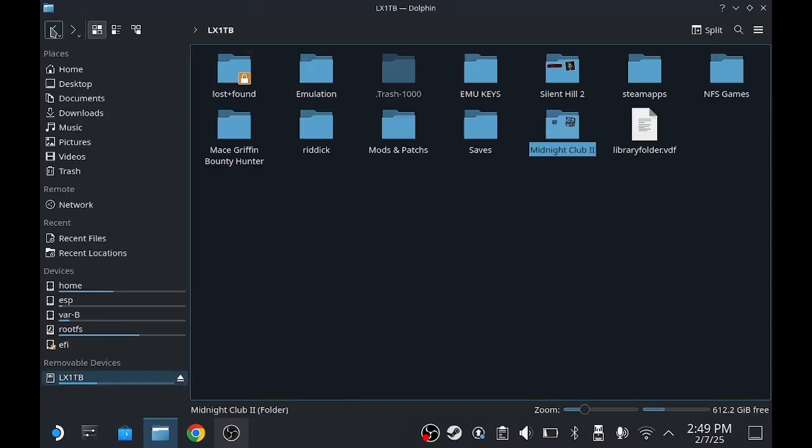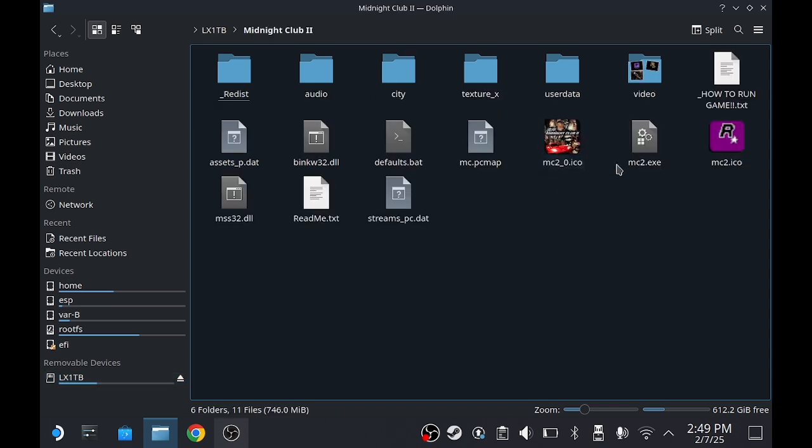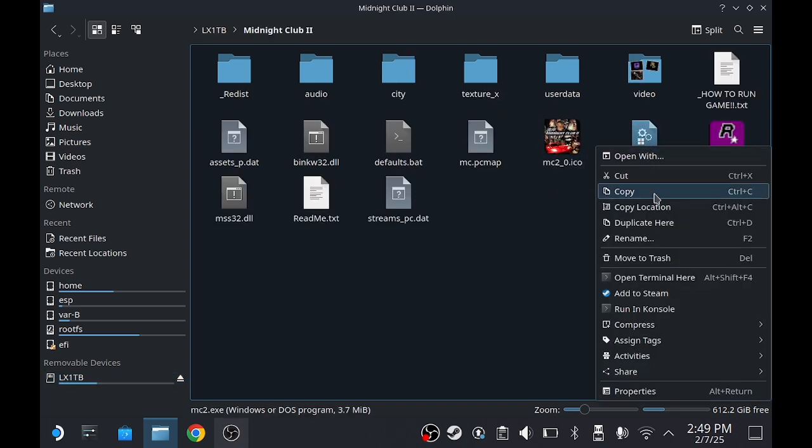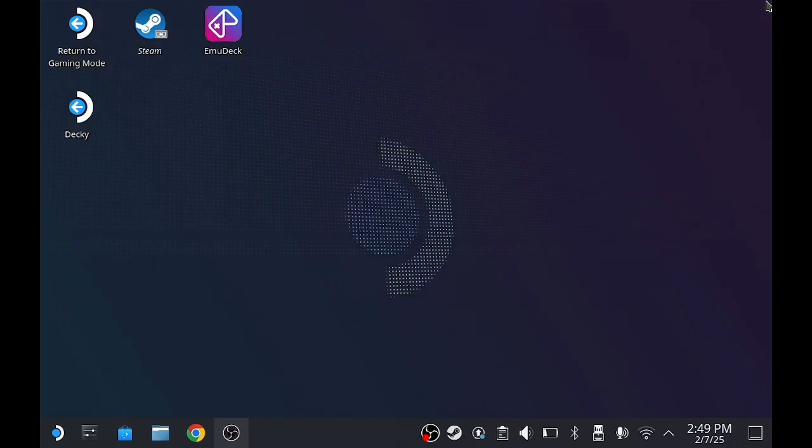And you're going to need to make sure you add the .exe file to Steam. So this is this one here, the M2. We're just going to left trigger and then go to add to Steam. Once you've added that to Steam, we're going to go over to Steam, go to our library, and we're going